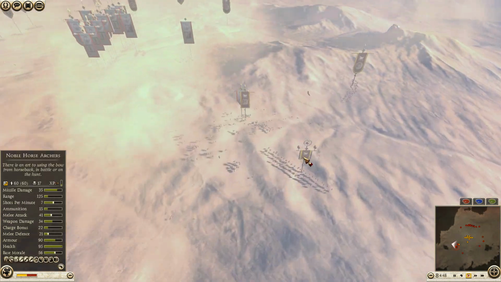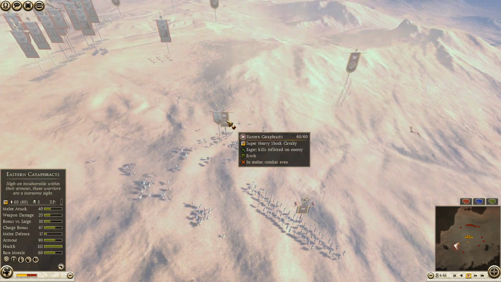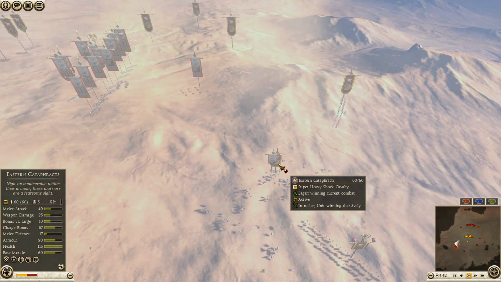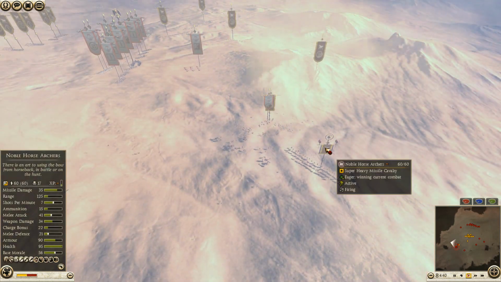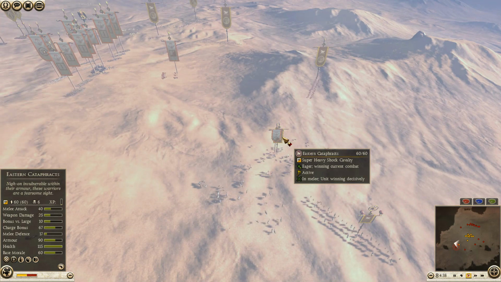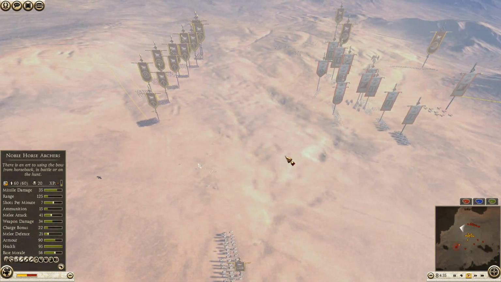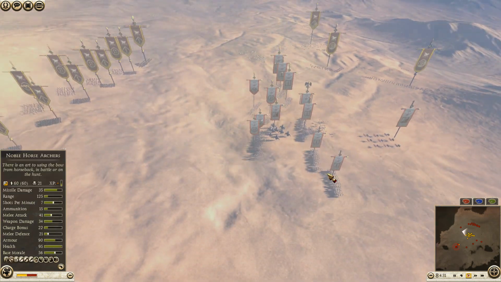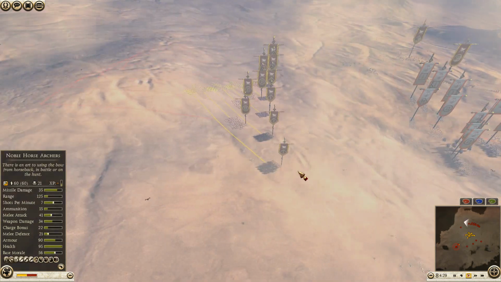Same thing over here. It seems like the Eastern Cataphracts charging into median cav. Not a good trade for Adelmo at all. Eastern Cataphracts will crush through median cav. But again, Greek Iraklis still firing into this blob, which will actually do a lot of HP damage to his own units. And he needs to conserve ammo anyway to get rid of the elephants and the chariots. Now,